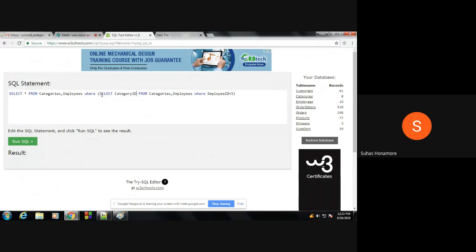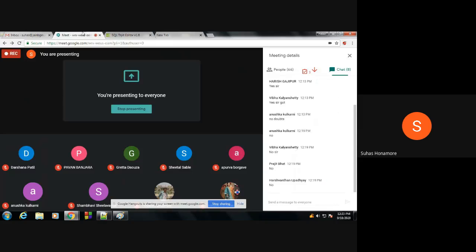Can I put like this here in front of where, I'm keeping one more query only? Suppose here I want to make a smaller table. So employee table where employee ID is less than 5 only I'm giving. Can I make like this? Sir, it will display the full table.